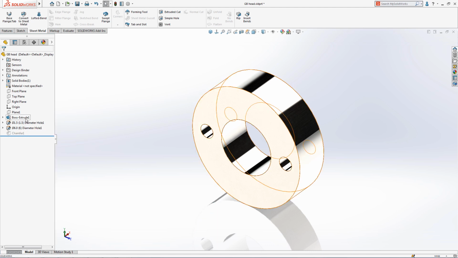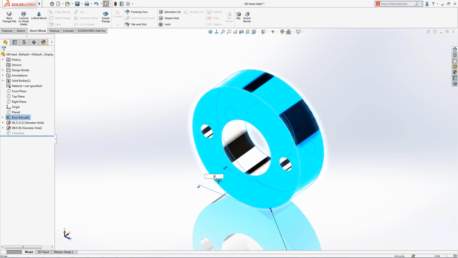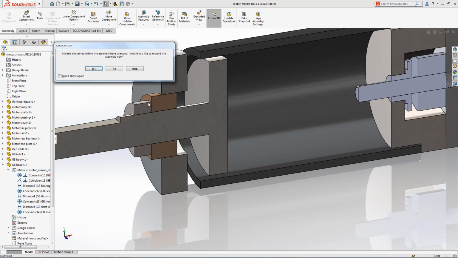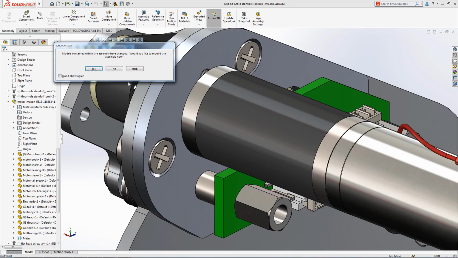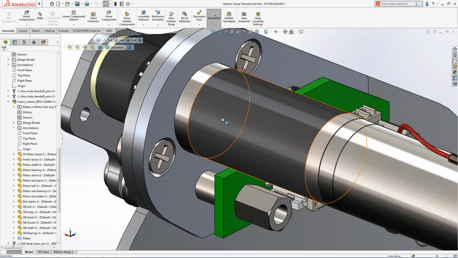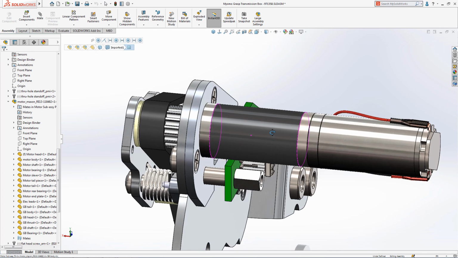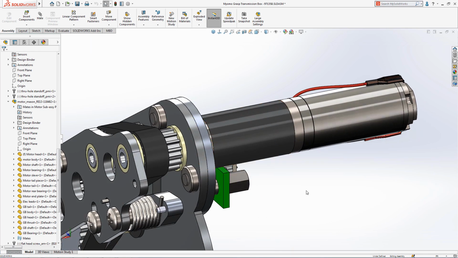An important point to note with FeatureWorks is that it maintains the internal face IDs, ensuring that the mates you add in your assemblies remain attached. This saves you a great deal of time for not having to fix or reapply mates. SolidWorks and FeatureWorks together is the best system for working with and converting legacy and imported data into intelligent feature-based designs.